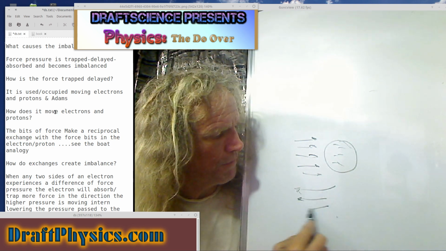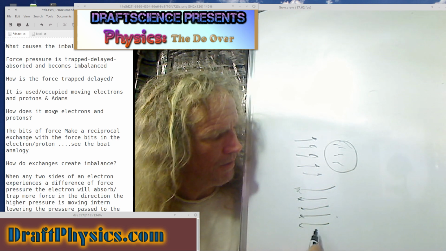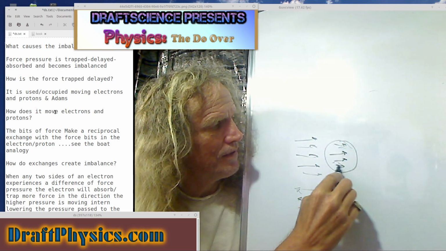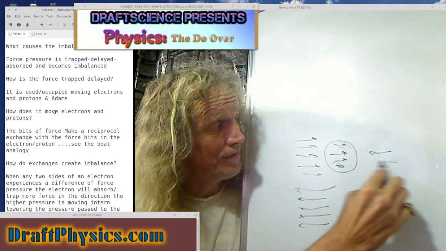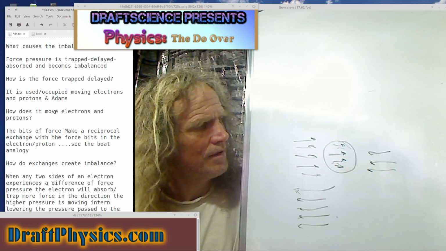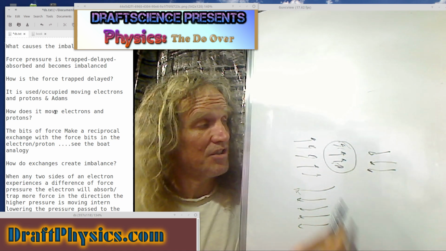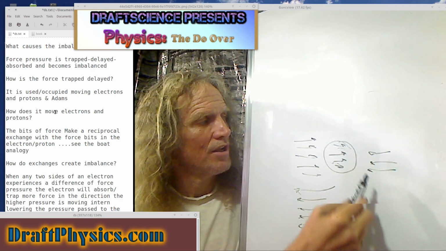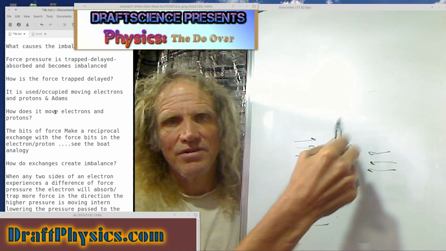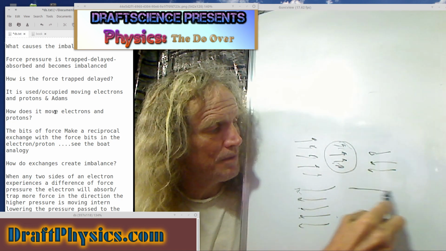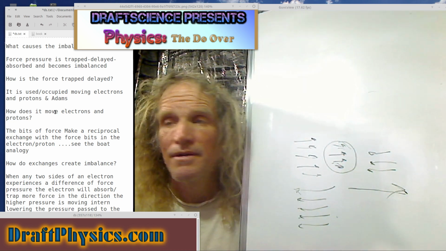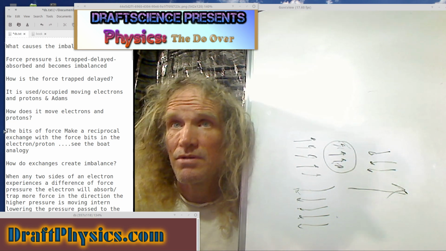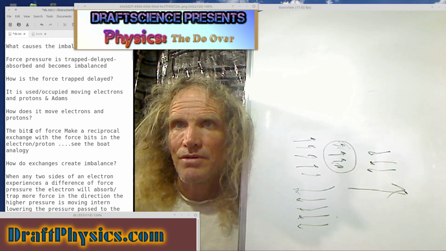So 5 boat rowers leave going that way, and I put 5 new ones in here going this way. And if I only have 3 doing it on this side, I only have 3 interactions there. Obviously, there's going to be a change in my velocity, because now I have 5 to 3 as the change. And if it was 4 to 1, you just do the math and you figure out, well, I'm going to be moving faster in this direction. There's no way to avoid it, because I've got the rowers in the boat. So that's how electrons and protons move.